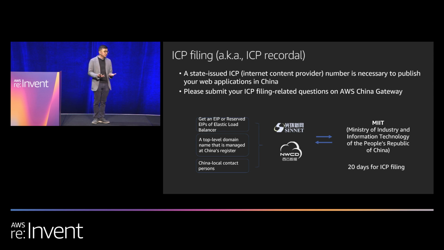So what we have done is, our team constantly reminds our customers as they expand into China. In fact, to protect our customers, we even block port 80 and port 443. In fact, port 80 as well, so that our customers do not accidentally publish their website without completing the ICP process, because that would be in violation of the regulations in China. We wouldn't want that to happen to our client, right? So we do these extra steps to protect our client.